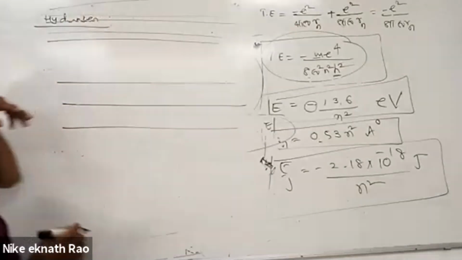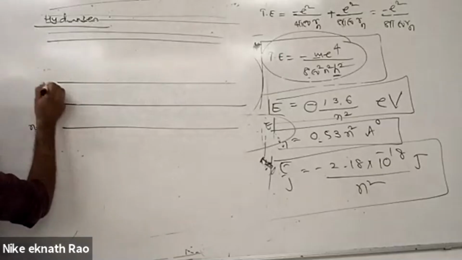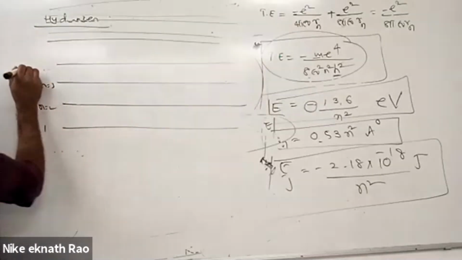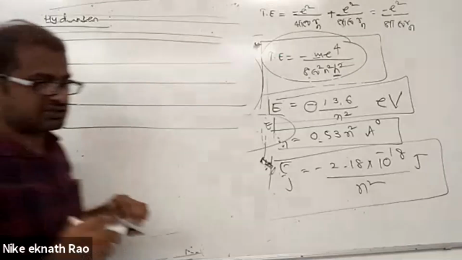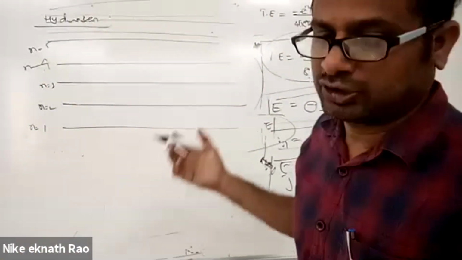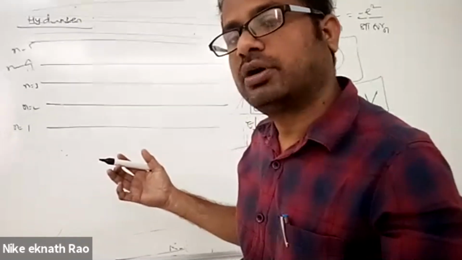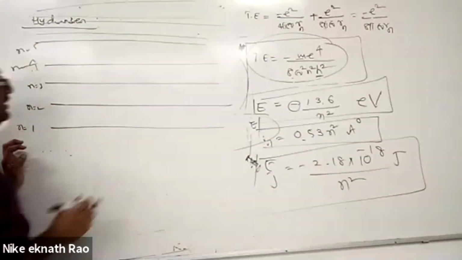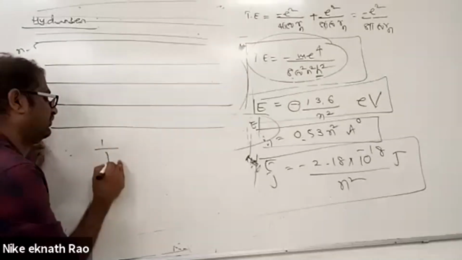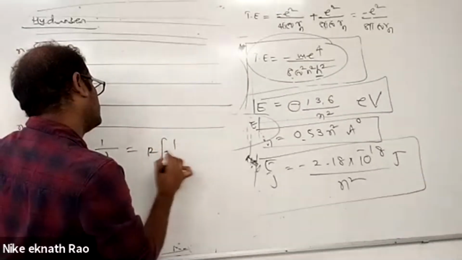Good. Now here, if I say n is equal to 1, n is equal to 2, n is equal to 3, n is equal to 4, n is equal to 5. The first series was discovered before the hydrogen spectra was explained by Bohr. Which scientist? That is Balmer. So the Balmer series was found, and he has given a formula for that. What is the formula? The empirical formula Balmer gave: 1 by lambda is equal to R into 1 by